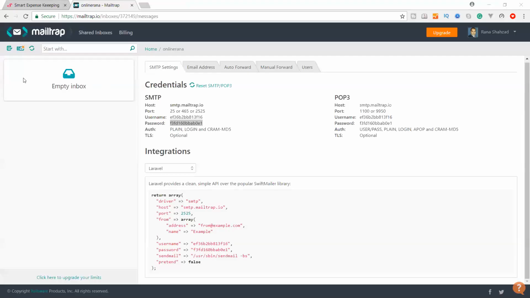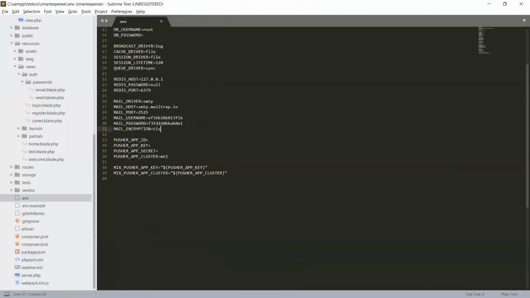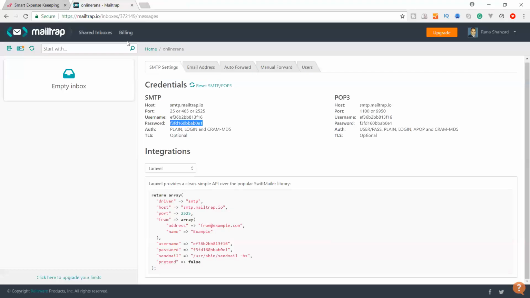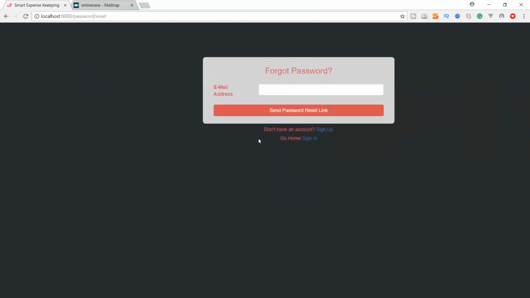Okay, so we have changed our smart application environment file. Save it, and come to the browser to check our link. Okay, forgot password, click on it. Here I made some minor changes in the layout to extend this column.